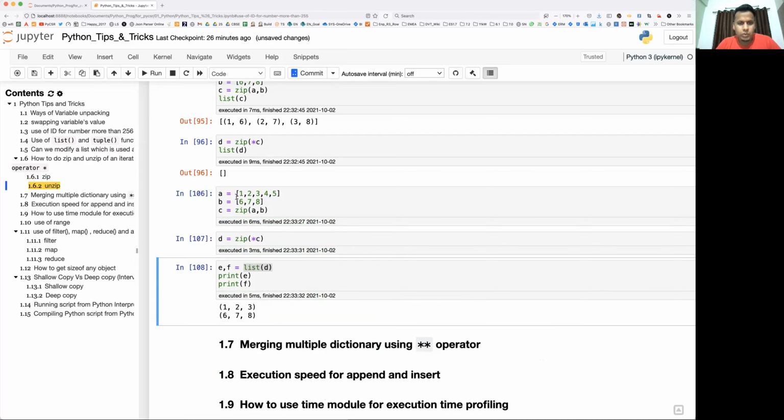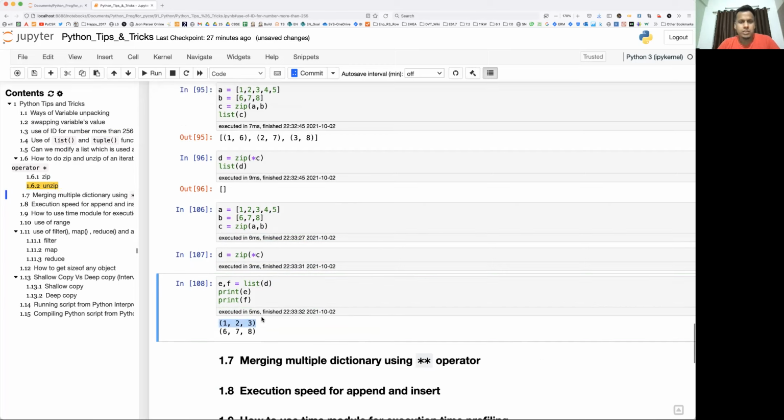So what I was doing, I was already unpacking here, right? So nothing was there. That's why I was getting none or null. Correct? So A, B is the list here, and C we are zipping, then we are unzipping, and we are unpacking in the form of lists. So those two separate lists will be returned in the form of E and F. So this is the way you unzip.